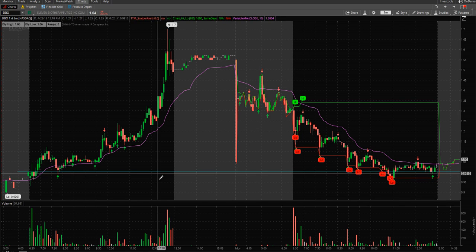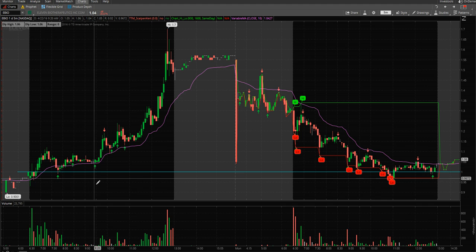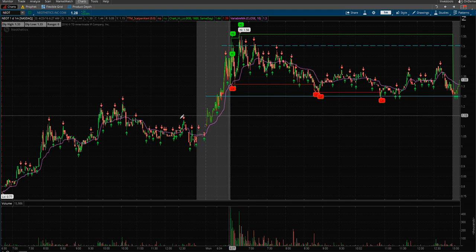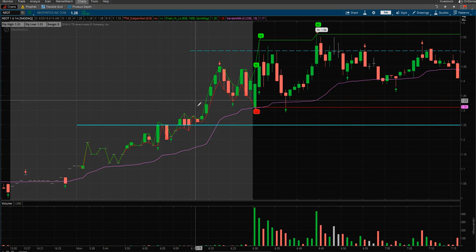Okay, these were the two sort of stocks that went down, which could have been great shorts. We didn't really focus on these as much because, again, we focus mostly on up moves. Let's take a look at the first one of the day, NEOT. I'm actually going to zoom into the 1 minute view of this. This is one I actually was alerting here, this blue line level